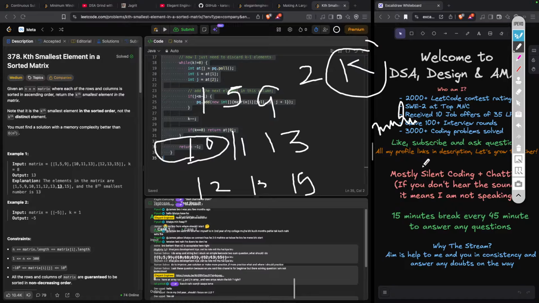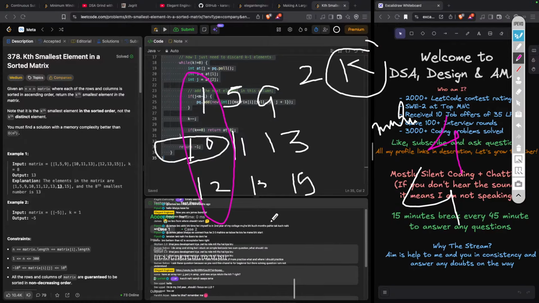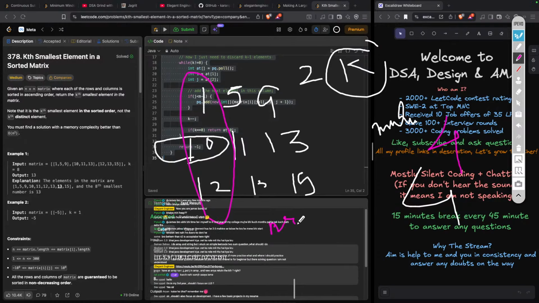If I have to return the fourth minimum, in that case I would first add all of these three into the queue. So the idea here is that my priority queue size will always be the minimum of the number of rows I have or k. It will never reach n square. In the first solution, it would reach n square. That is the only improvement here.